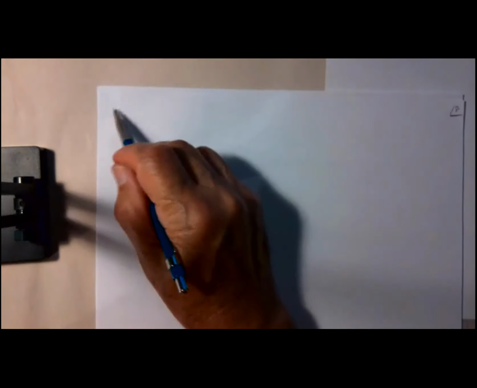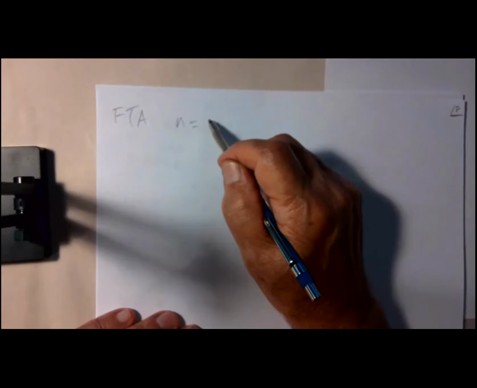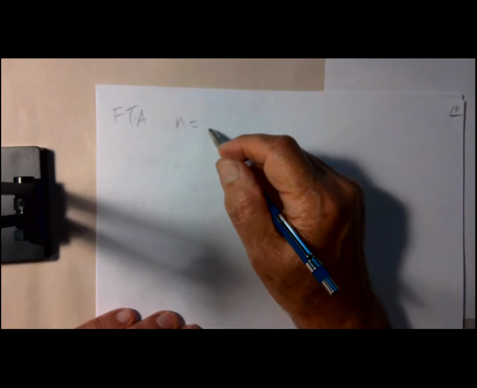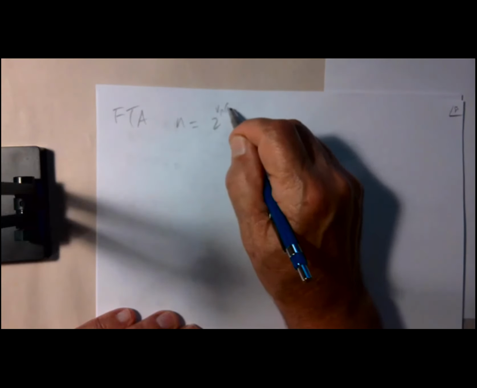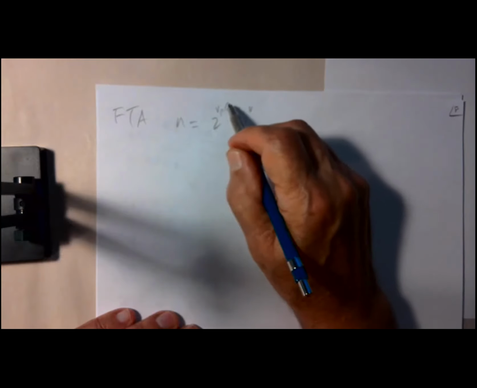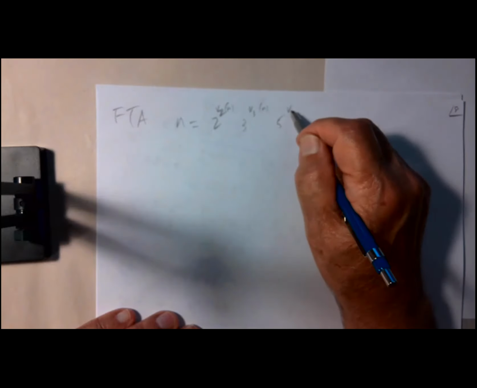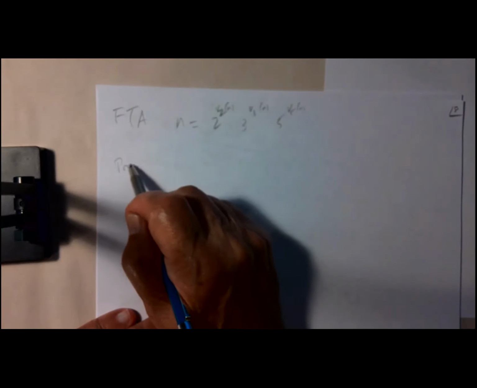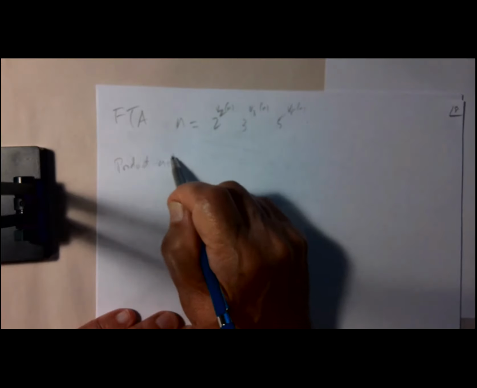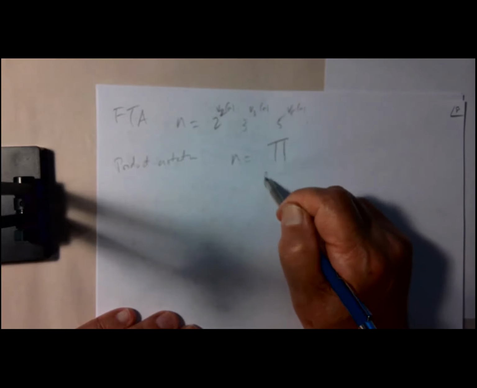By the fundamental theorem of arithmetic, FTA, any number n, you can write as a product of prime powers: two to some power, three to some power, five to some power, and so on, forever, really. So I can use product notation. N is a product over all primes P,